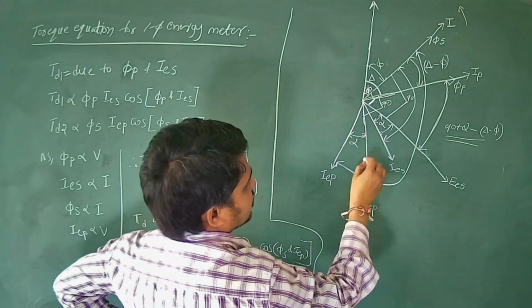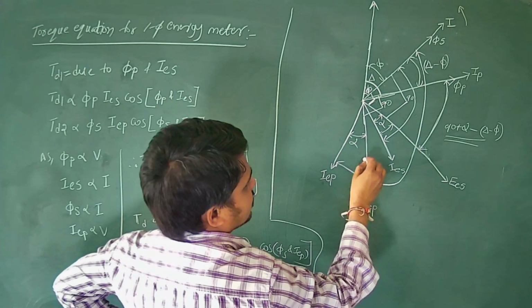Okay, minus cos of 90 plus phi plus delta minus phi. Now cos A minus B minus cos A plus B. So cos A minus B is cos A cos B plus sin A sin B, and here minus cos